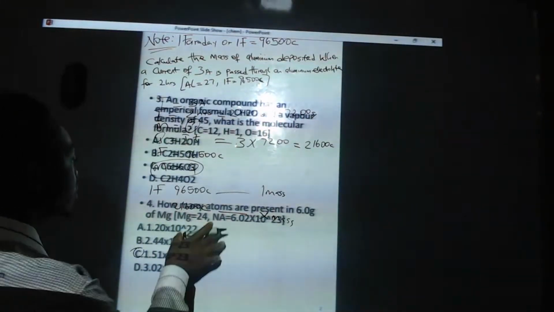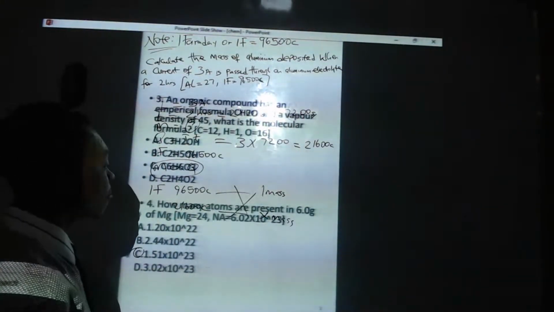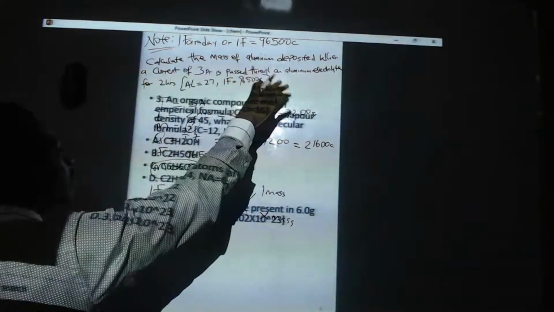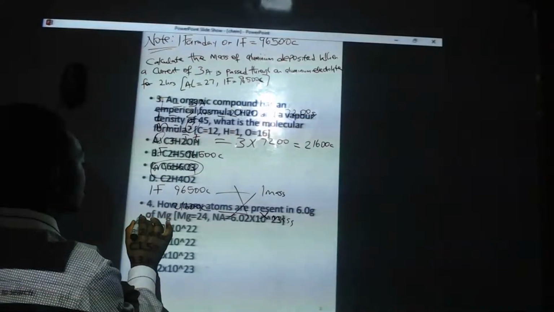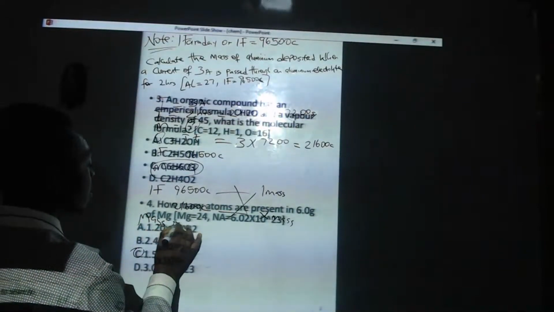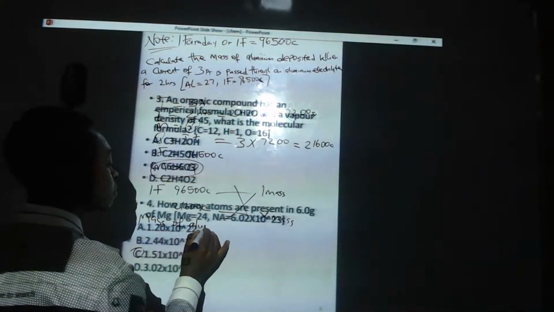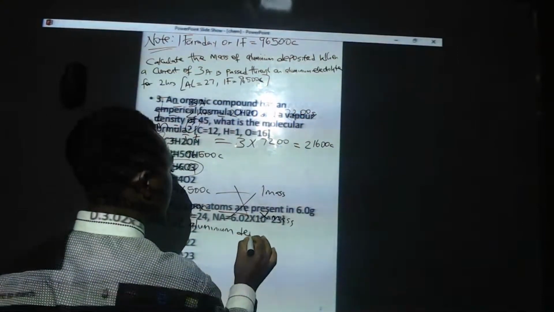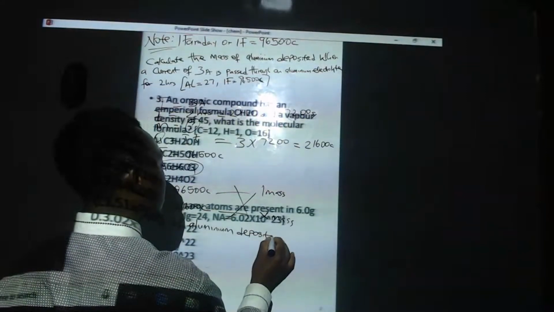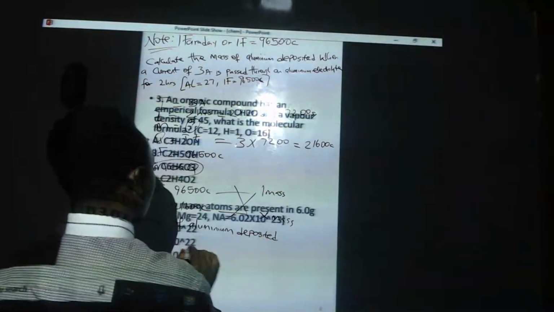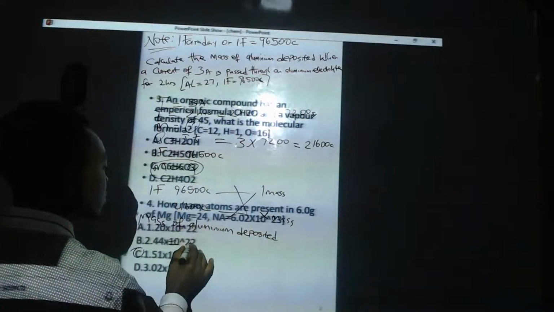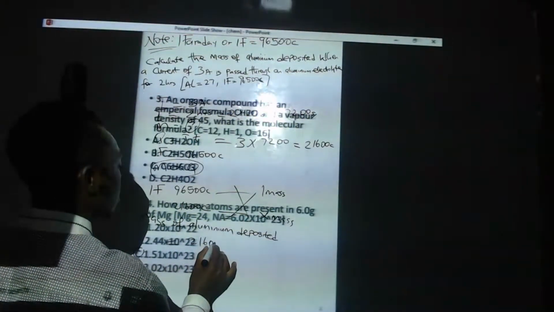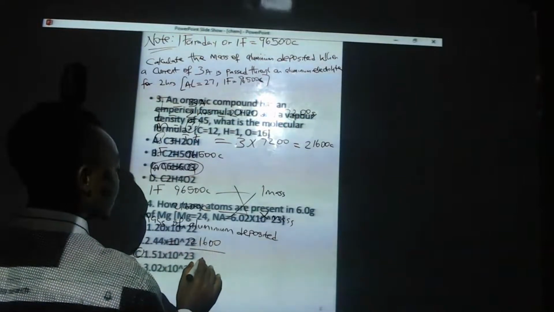So what you'll be doing here is cross multiplying. So the mass of aluminium deposited is equal to 21600 divided by